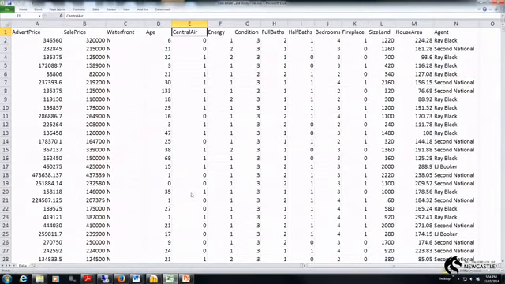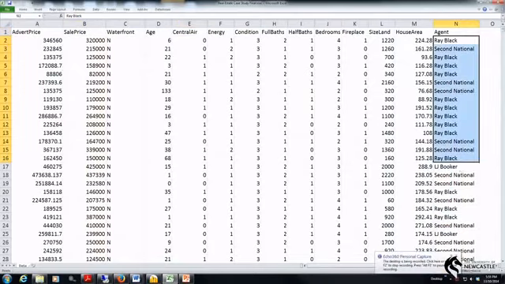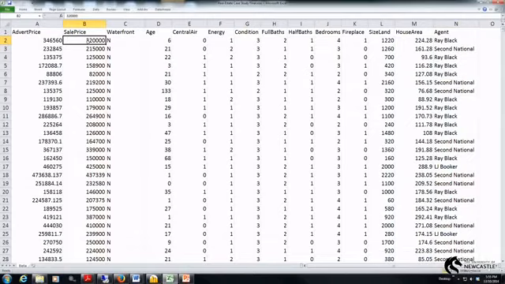Here's my real estate case file, and I might be interested to know whether the average sale price differs according to who the real estate agent was. In that particular case, there's three different real estate agents in my sample. So I'm going to have a sale price variable across three different groups. What I want to do is compare the mean difference of those three variables, and the Anova is the appropriate